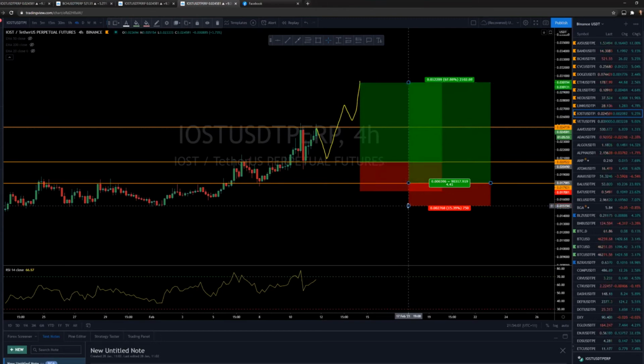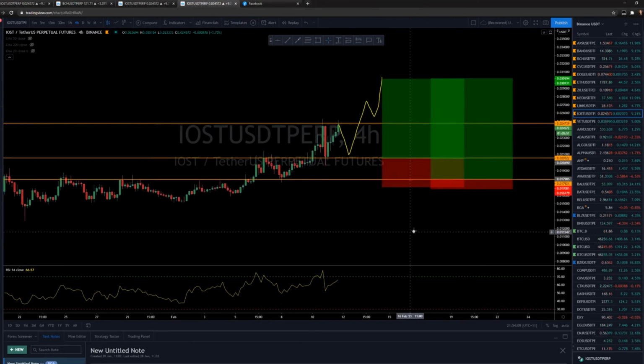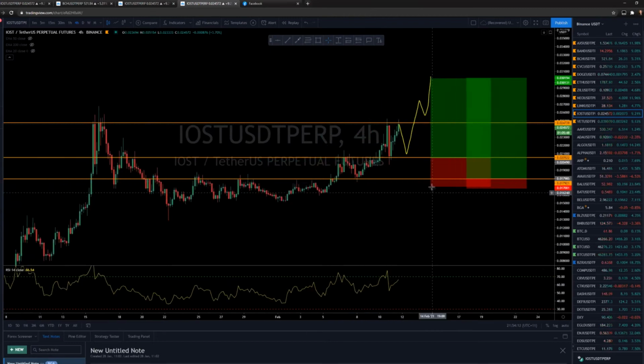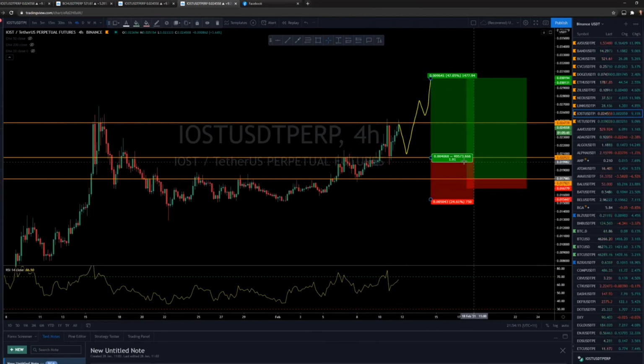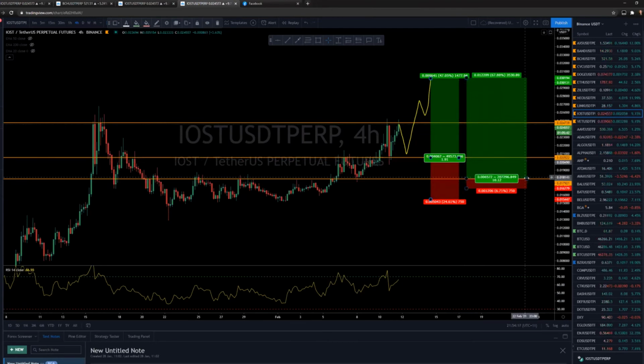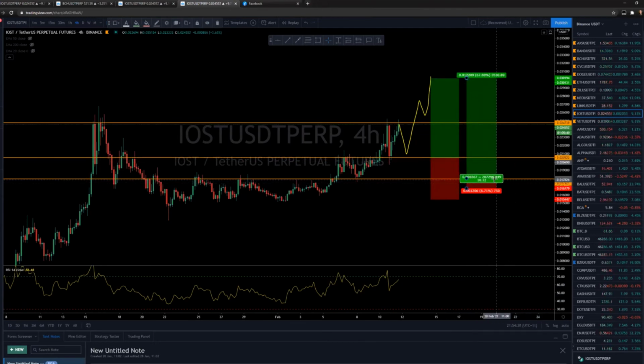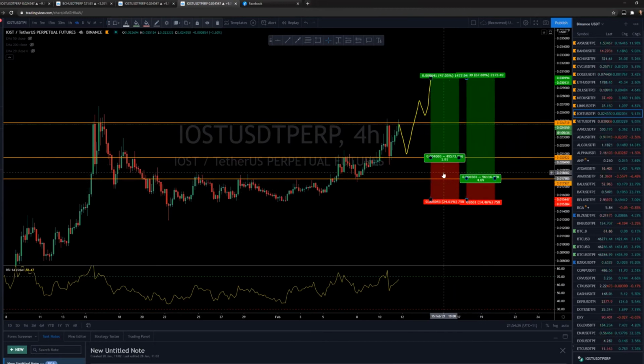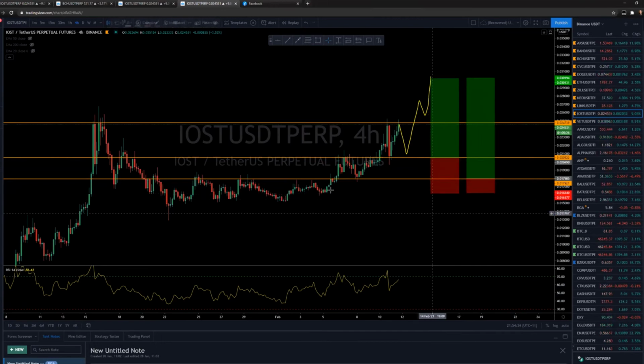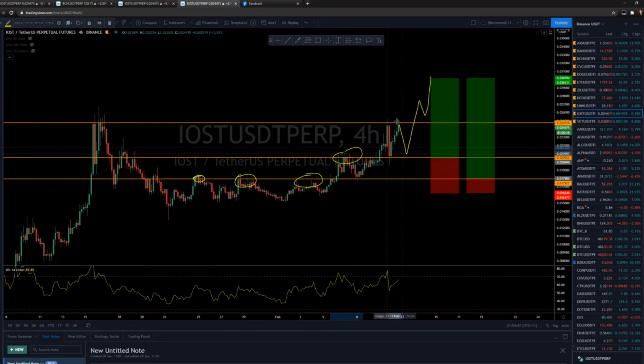Now this, I don't normally do something like this, but then you would have to lower your leverage and lower your entry as well to counteract for the amount of stop loss you've got, because you've got 24% stop loss here, you've got 14% stop loss here. Probably lift it up a bit, I guess. But you've got this area of support over here, and you've got this area of support over here. How do we know it's going to go to there, or do we know it's going to come down to there and